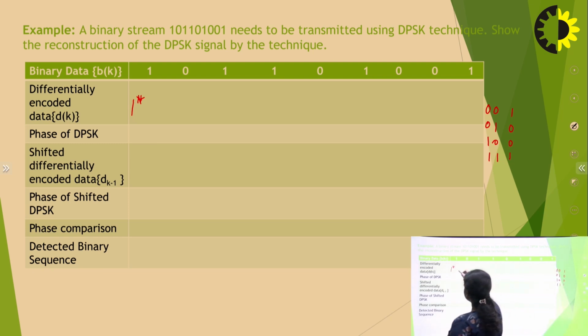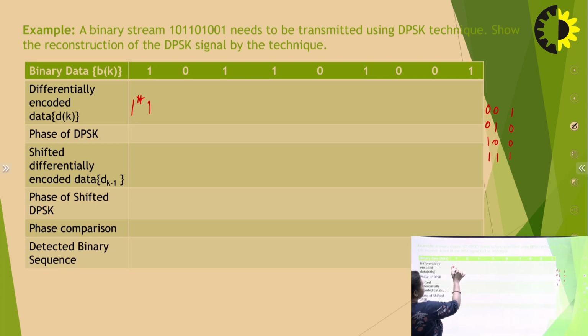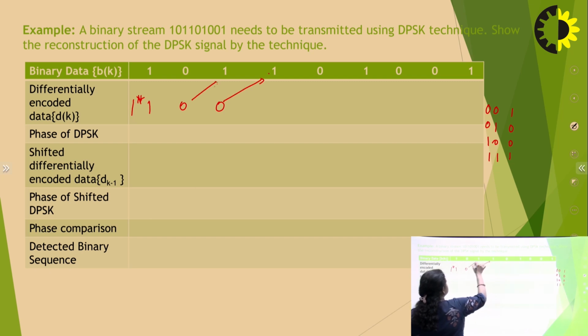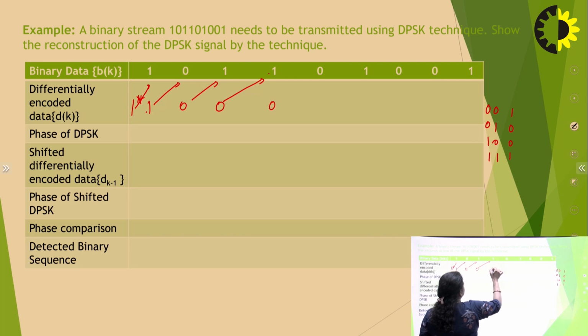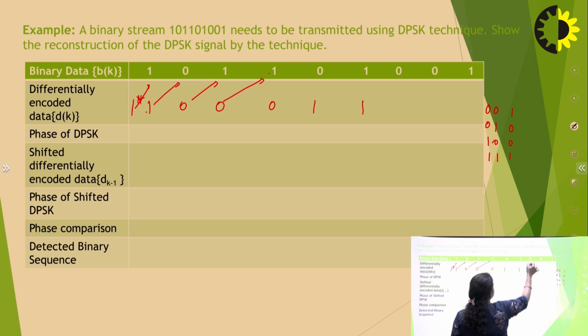So same, we are using. For 1 1, it is the same, so you will get 1. 1 0 is different, so 0, then 0. You are just comparing these two bits. See, okay. So 1 1 1 1 0 0 0 1 0 0 1 again 0 0 0 1, then 1 1 same 1 1 0 again 0 1 1, right?